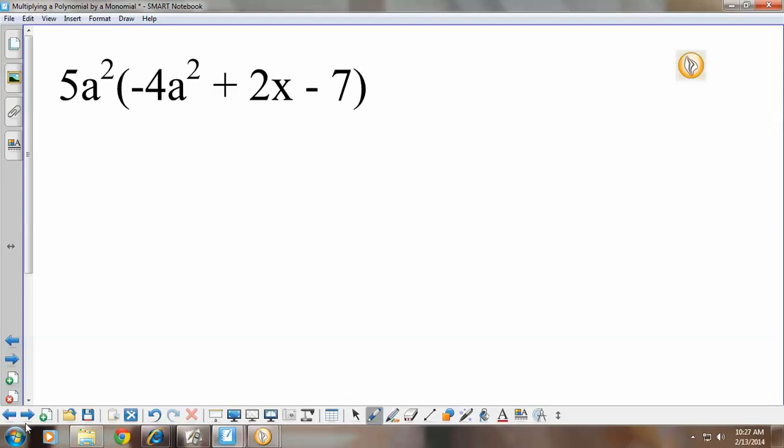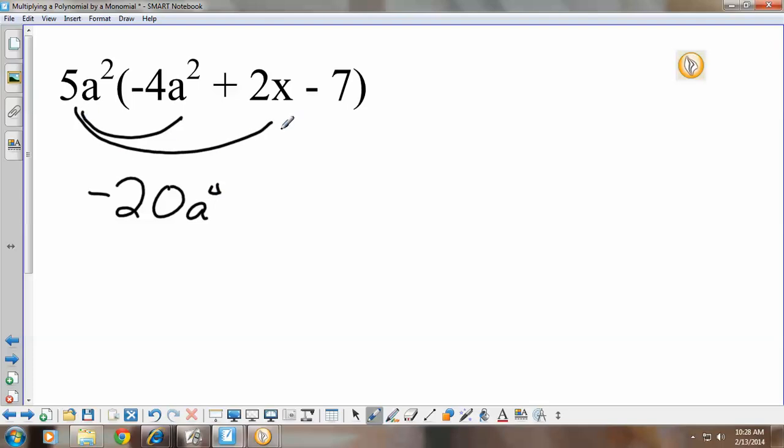I'll give you a second to write this one down. Notice that this one has more than one variable, doesn't it? And that's okay. Sometimes that'll happen. In this case, what value are we distributing? Okay, so 5a squared times negative 4a squared is negative 20a to the fourth. When we're multiplying, we add the exponents. 5a squared times 2x is